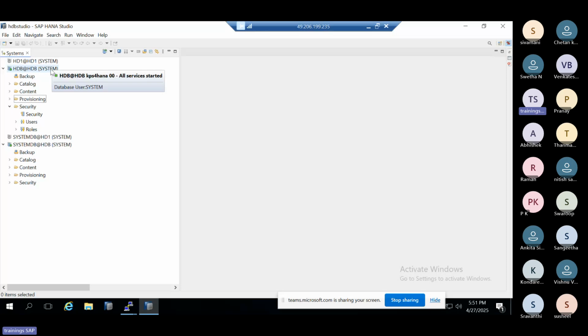Everybody is using the system user only, right? So that's why we need individual users, and the user-related roles we have to create here. That's the main thing here. The user-related roles, which means every user,